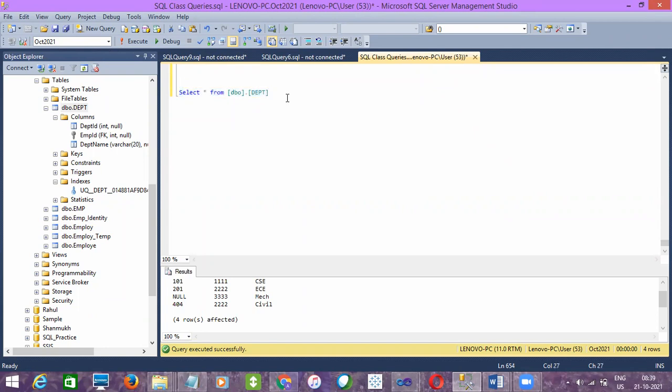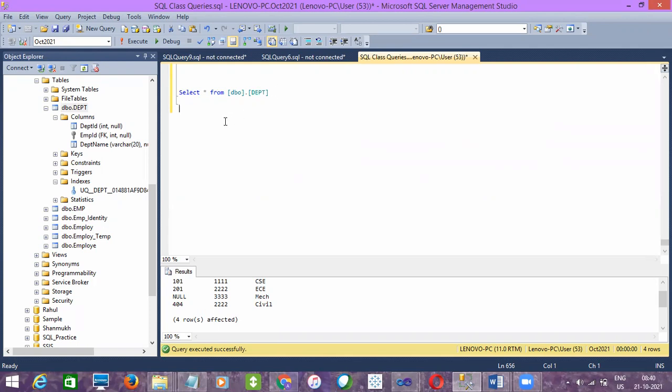So based on the user input values, if you want to update anything, you can also use a stored procedure for that. Instead of writing the update statement again and again, we can create a stored procedure. See, if you are doing any task repetitively, in real time we'll create a stored procedure, so that instead of writing the code again and again, we can reuse the stored procedure code, right?